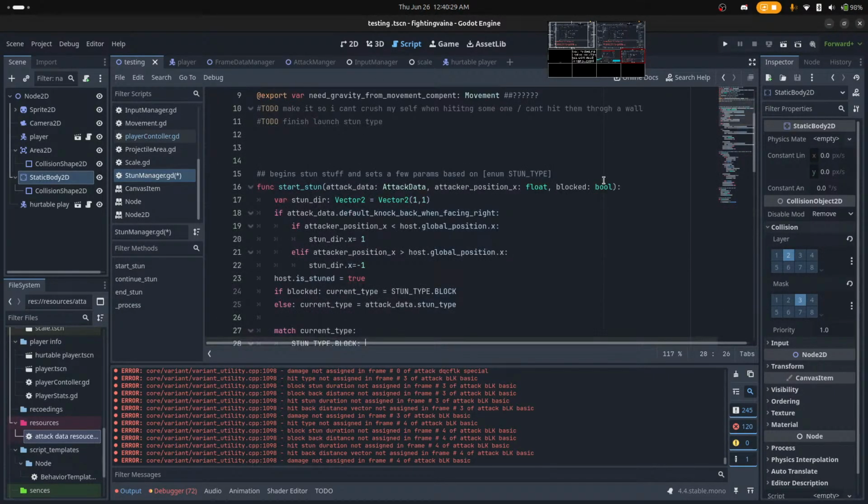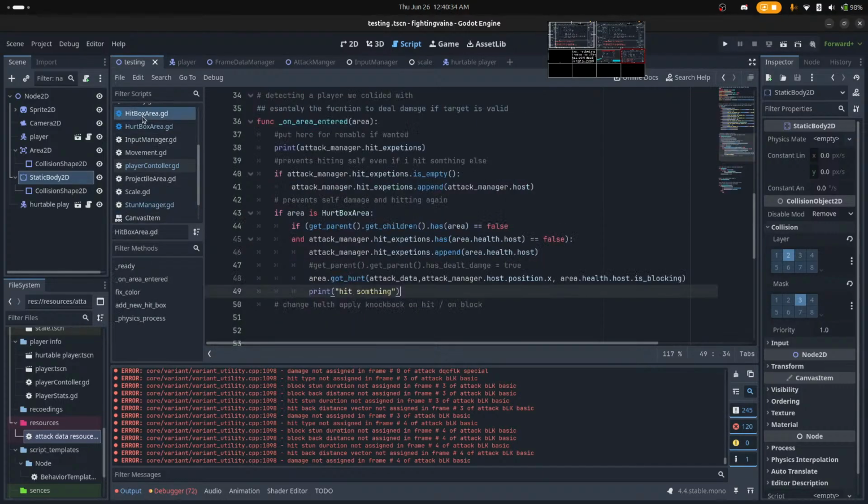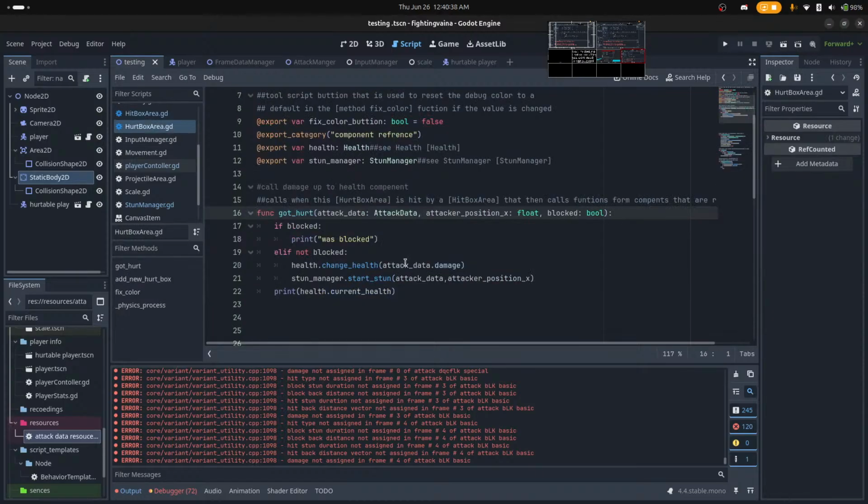So we have block stun made. We need to finish the hitbox. Here it's just in the got hurt function if it was blocked or not. God damn it.